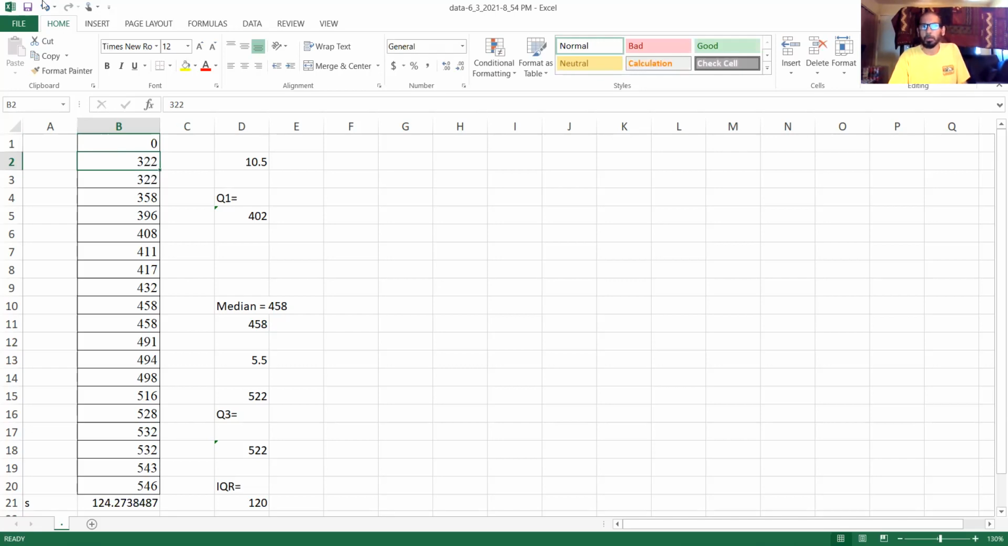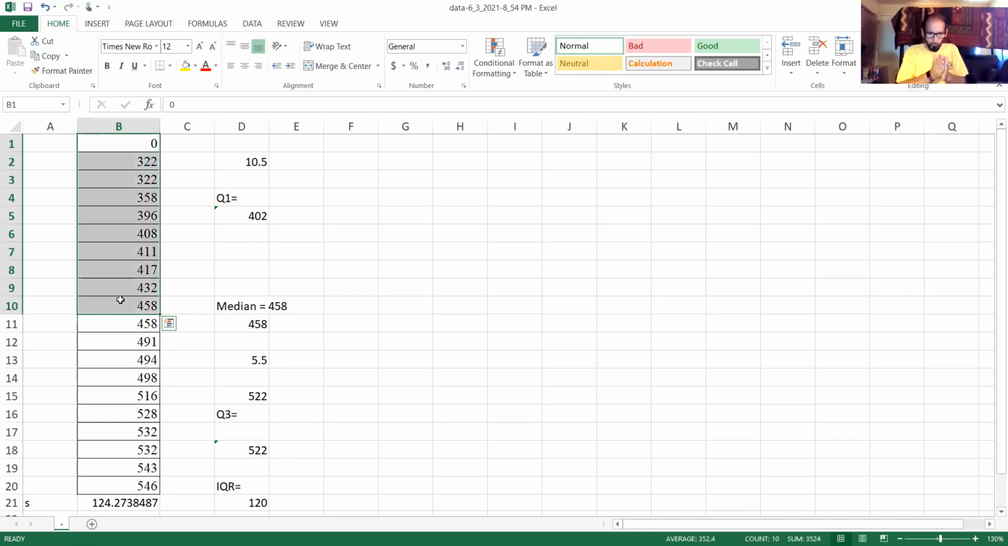Okay, so let's notice that. It went from 78.8 something up to 124.2 something. Now, the median is still the 458, halfway between the 10th and 11th score. Quartile 1,